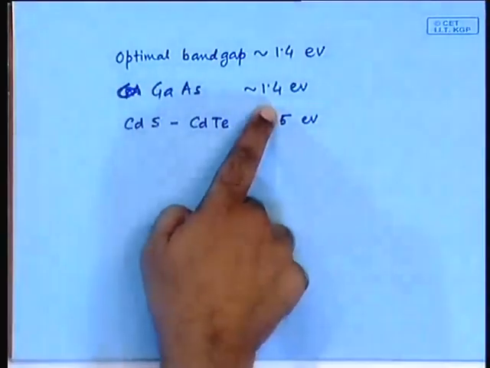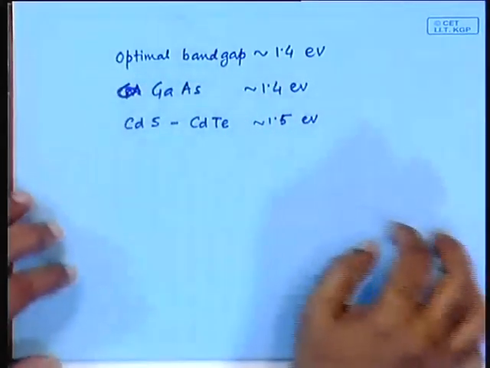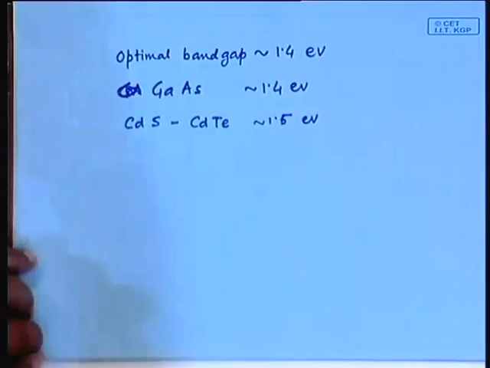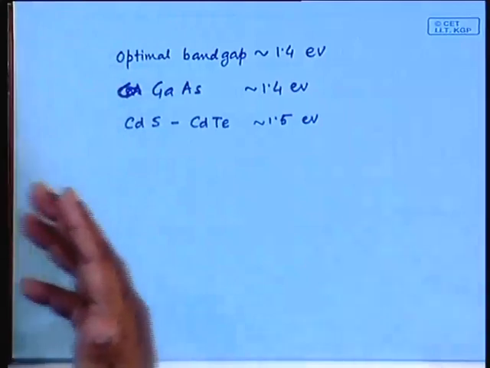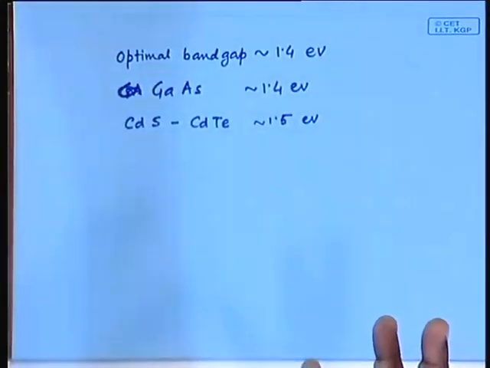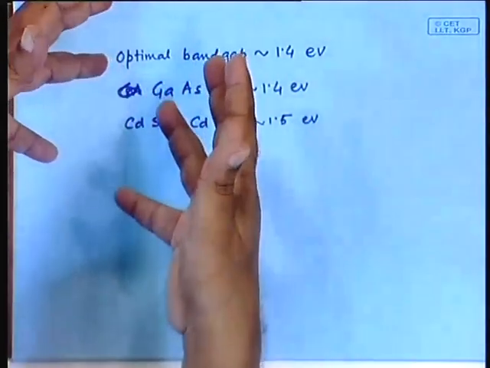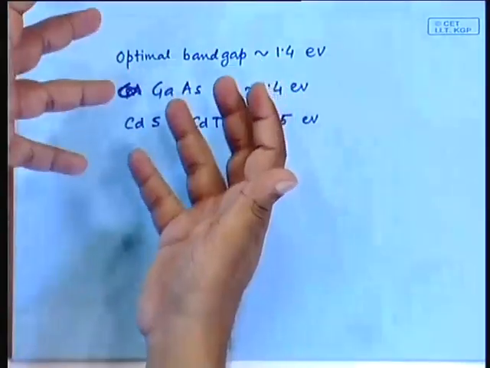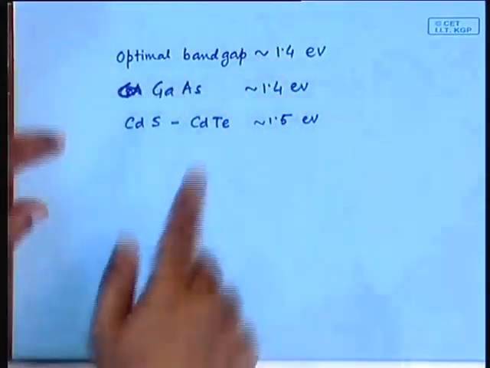First, let us come to the gallium arsenide solar cell. What is the characteristic of gallium arsenide? As I said, the band gap is very optimal, 1.4. It has another very desirable property, that its performance does not degrade with the increase in the incident solar radiation, because in other materials like silicon, if you have a larger concentration, that means a larger amount of incident solar radiation falling, then the temperature goes up and the character of the solar cell degrades with the temperature, because the temperature appears in the equation.